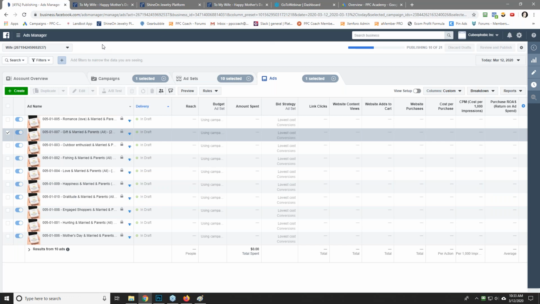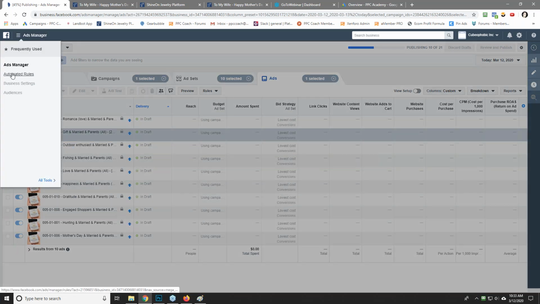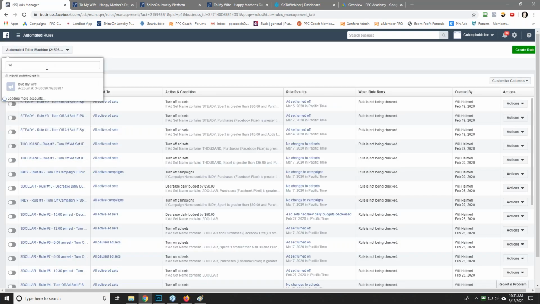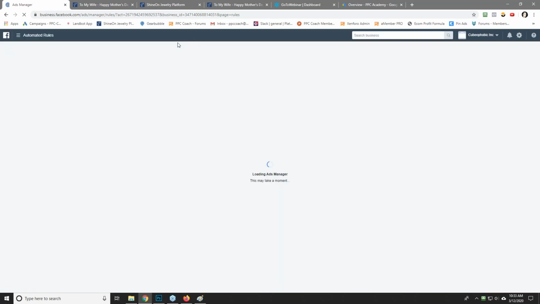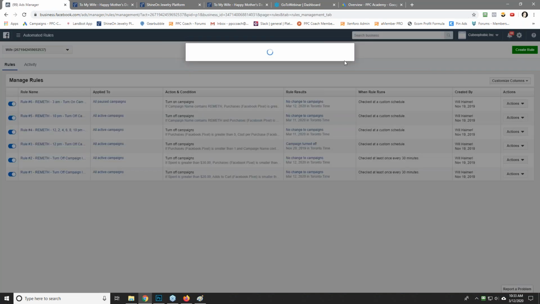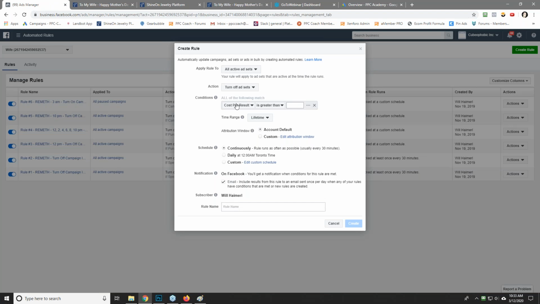And it sucks spending money when you don't know if you're going to make money, but we can actually do the rules here now. So I click Ads Manager, Automated Rules, and I want to go to, I'm in the wrong campaign. Let's go to Wife. Make sure you're in the right account. And we've got some rules, some old ones in here, but I'm going to create some new ones. So create rule, and we're going to go to settings. Ad set name contains the word steady. And here we're going to say if spent is greater than,